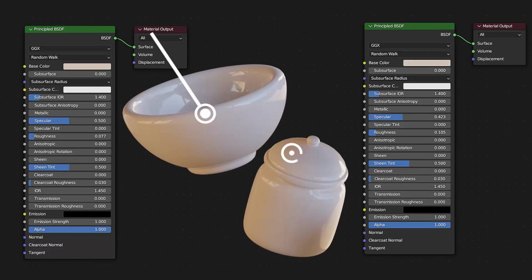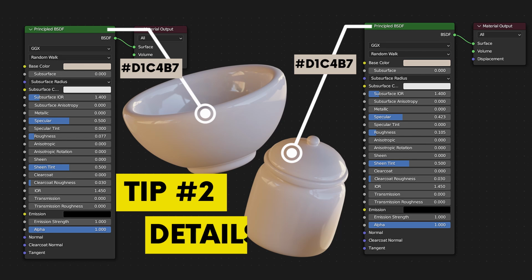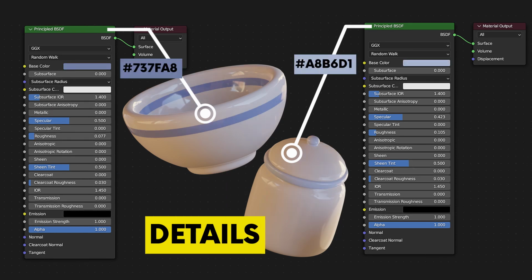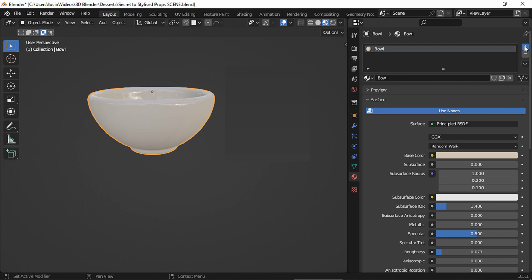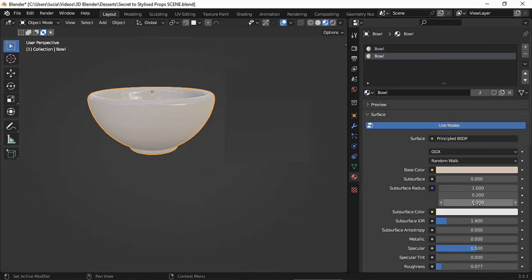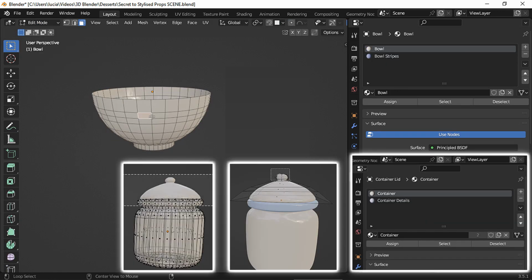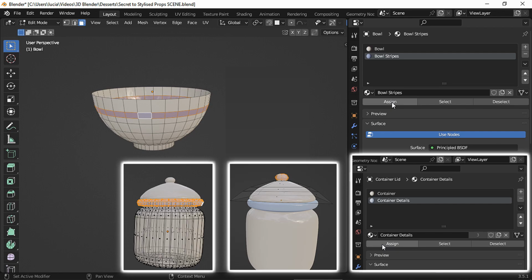I created the materials for the bow and the shard using the Principled BSDF only. You can also add some details in other colors, such as in the stripes and in the colored node. Just add a new material slot, choose the same material you already used for the model so both materials have the same values, but make it a single user copy. Change the color, and in edit mode, select the face loops and click Assign.